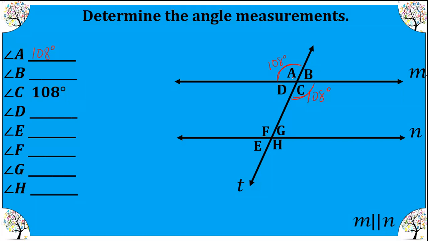So notice that our angle A and C is obtuse. So let's find the other obtuse measurements and identify their relationship. So I can see that angle C corresponds to angle H, so therefore it is 108 degrees, or I could have said A and H are alternate exterior angles. Now that I know H, I can know F because they are vertical, so angle F is also